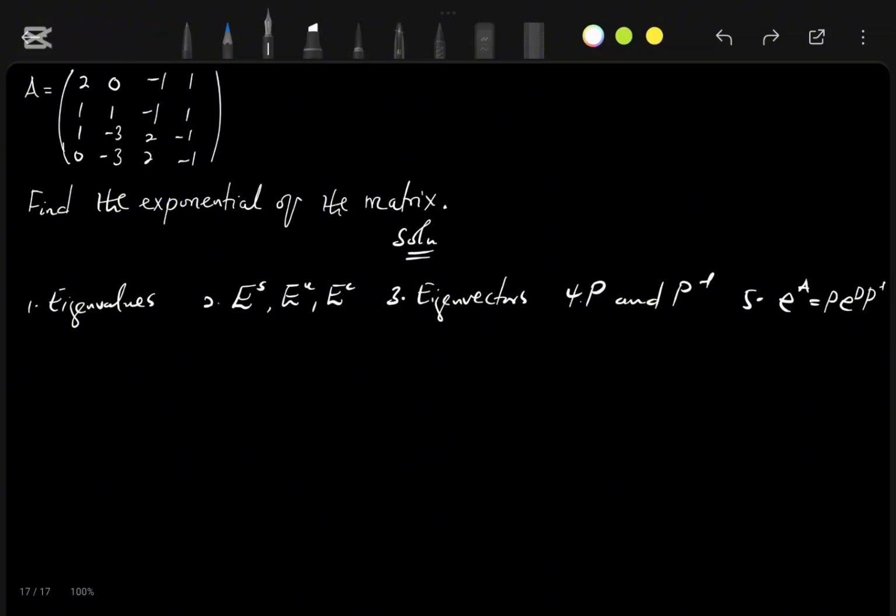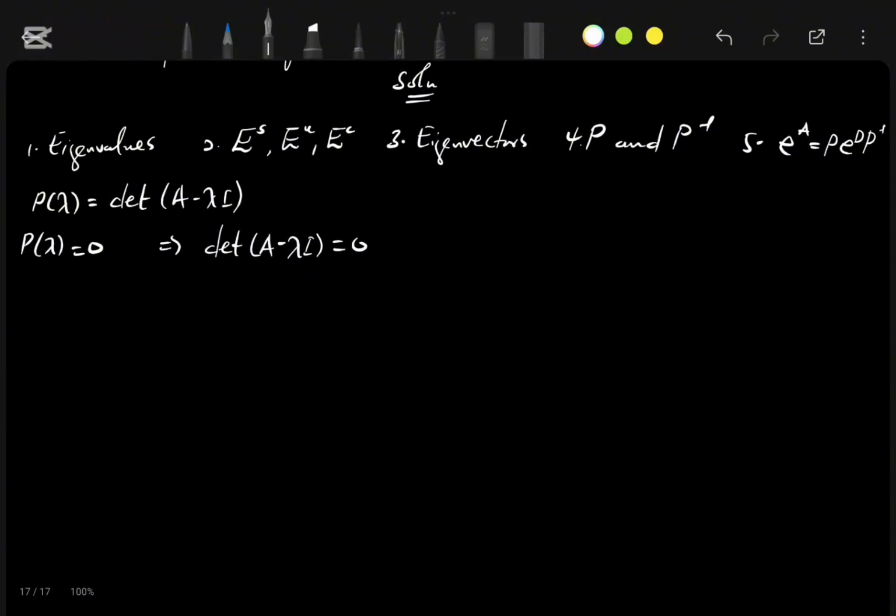To find our eigenvalues, we find the polynomial determinant of A minus lambda I, and when we equate our polynomial to 0, it implies we are equating the determinant of A minus lambda I to be equal to 0. So our first step would be to find our eigenvalues. So we have the determinant of A minus lambda I,